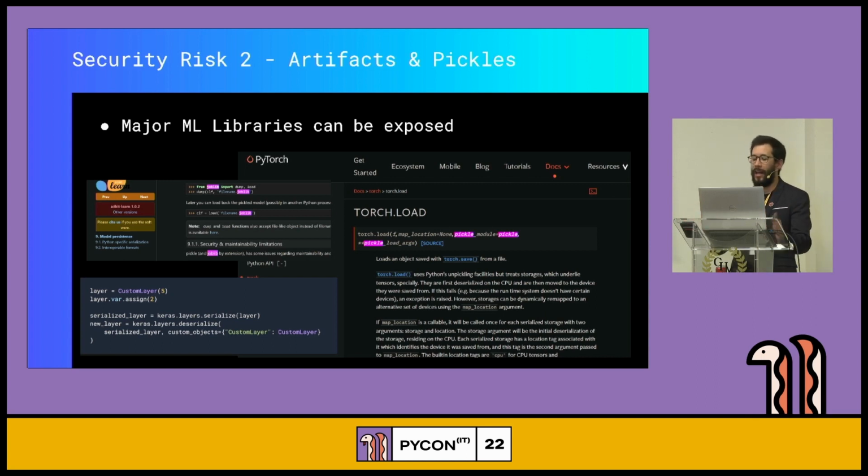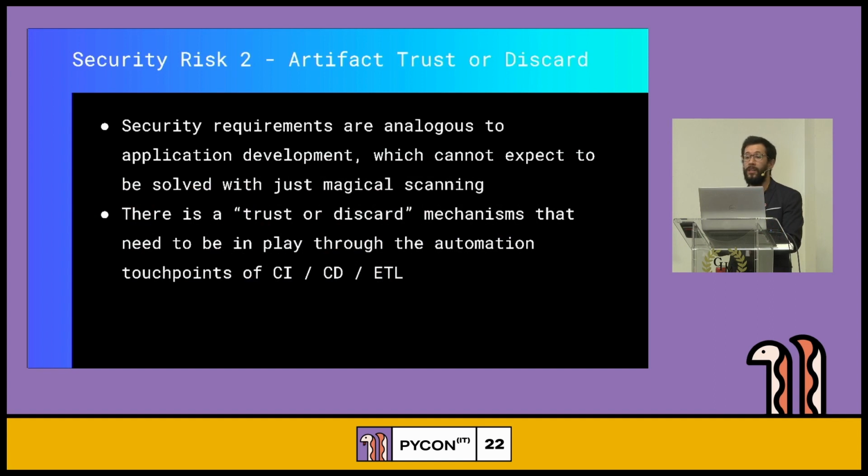Well, the actual answer is something that we can infer from other, I guess, subfields of software, which is basically no, right? When it comes to loading arbitrary code, be it a pickle or be it a repo or a Docker image, it is very much a trust or discard mechanism, right? If you cannot ensure that you have the ability to build trust at the, I guess, CI pipelines or the steps in which you are interacting with this creation of artifacts, it is a trust or discard.